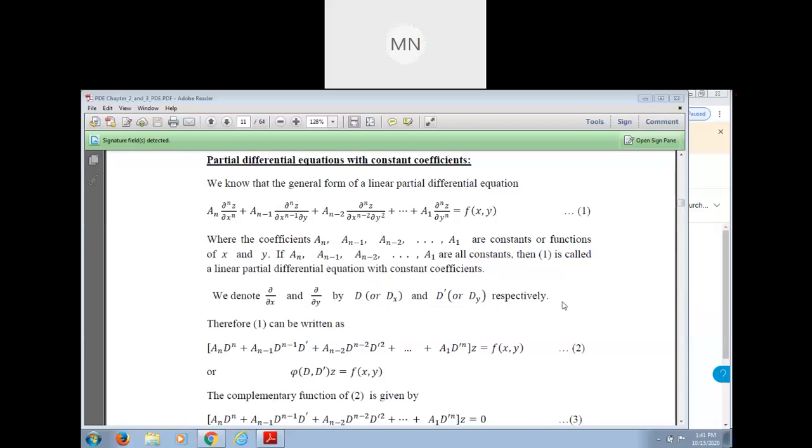And next write: where x comma y are independent variables and z is the dependent variable. Then